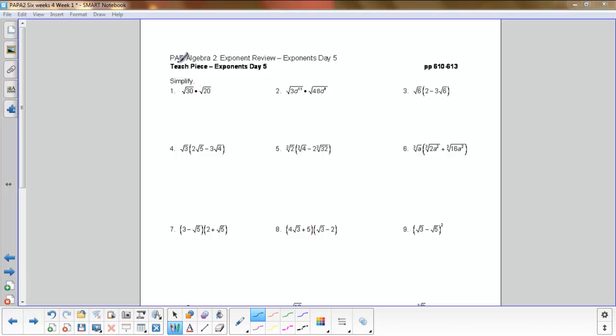Alright, finally, Exponents Day 3, or Day 5. We have to go all the way back into the middle of last semester to remember how this all works. One thing we're going to bring back in is our conjugates, and the other thing we have to remember is